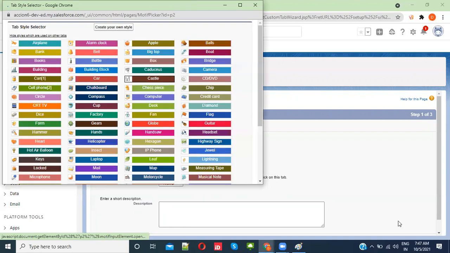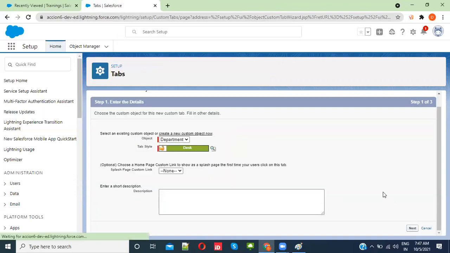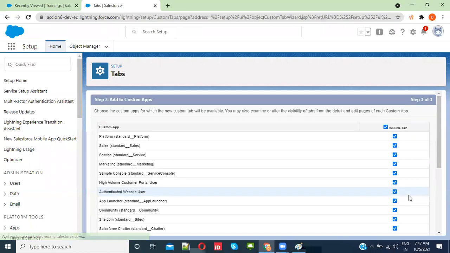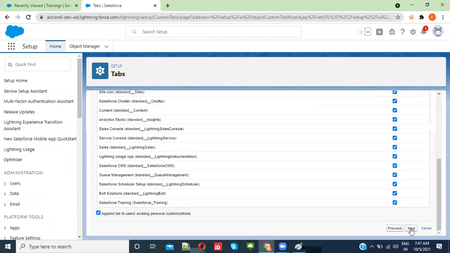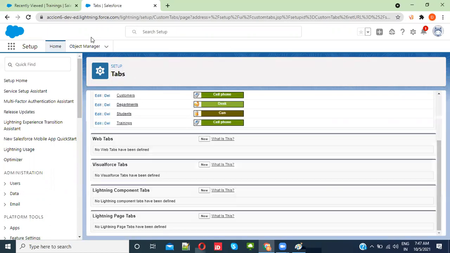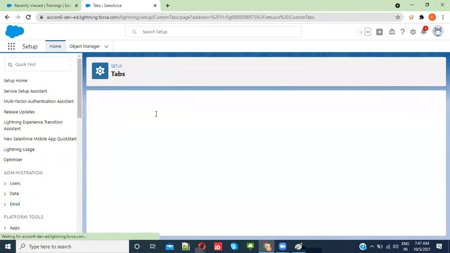So these are the icons, you can use any one. Okay, so tabs are ready. Now, for the students, let's create fields.